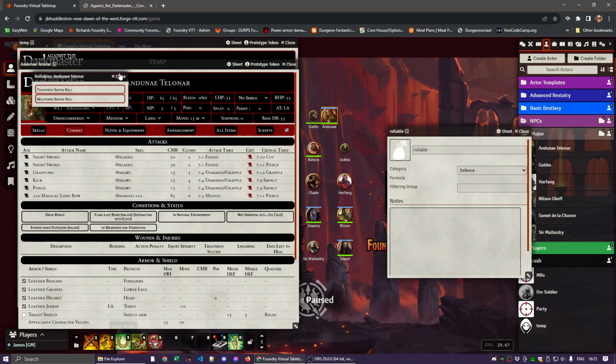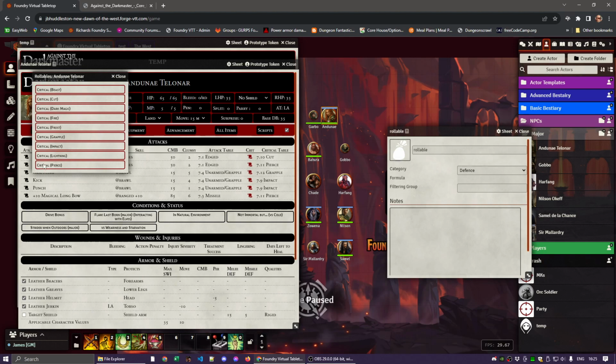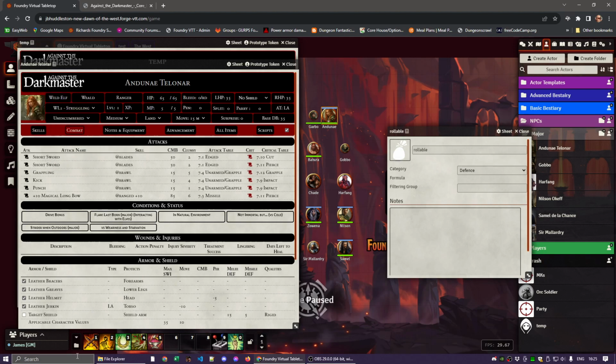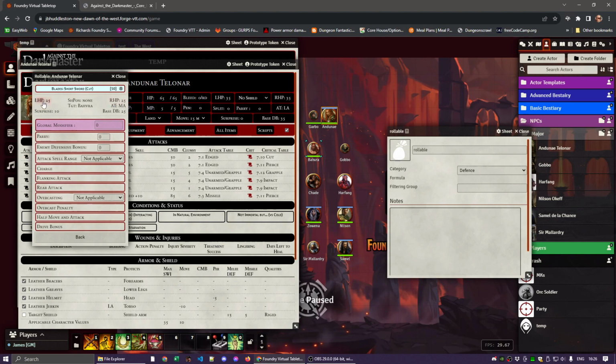Saves. Okay, toughness and willpower. All the criticals. So there's no way to bring up the melee or missile defensive bonus. They're all incorporated in this section here. And if you've targeted somebody, like, she's got stuff. We'll target her, and you bring up a weapon, an attack, then it'll show all of that